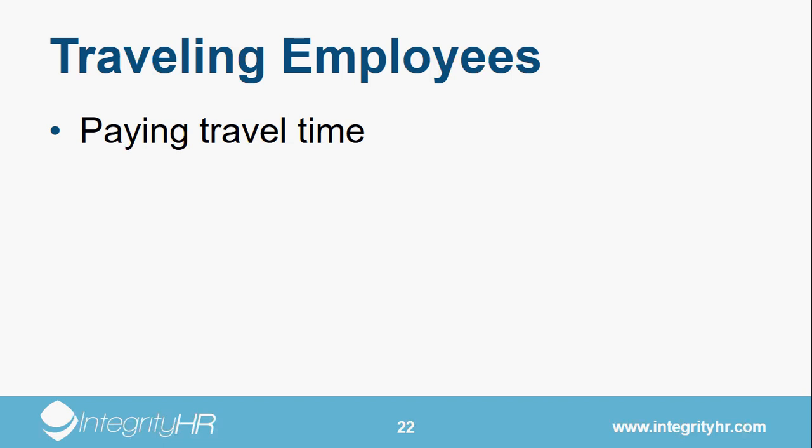So one of our best practices is this: if that employee were to travel from their home to their office and it's a 15-minute commute, then maybe the next day they travel from their home to the nursing home and it's a 35-minute commute. A lot of best practices is to take the 35 minutes minus the 15 minutes that's the normal commute and pay them for the difference between the two. Same concept as traveling between Louisville and Lexington, but this is more localized. So that's where it gets a little bit more complex.